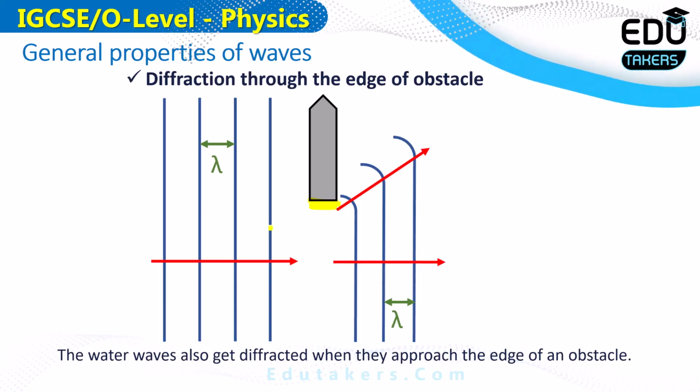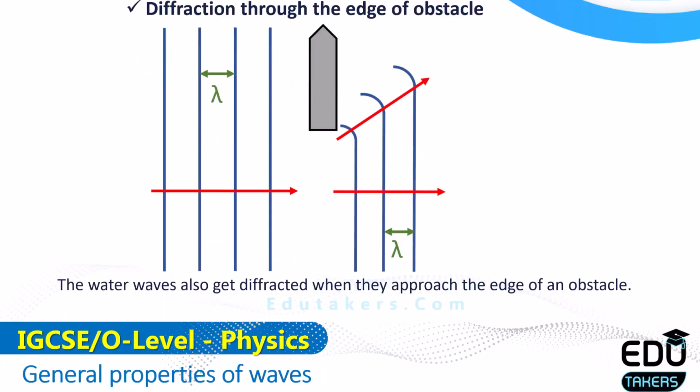So when the water waves go towards the other side of the obstacle, towards the right, there would be a small amount of diffraction. But the bending basically occurs for the waves closer to the region of the obstacle, because you can see all the other wavefronts are straight, and there is only a small bending closer to the obstacle. So I can simply say that the water waves also get bent when they come towards the edges of the obstacle.